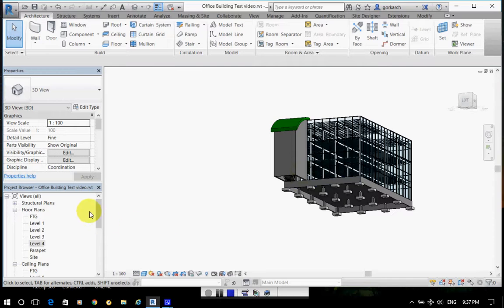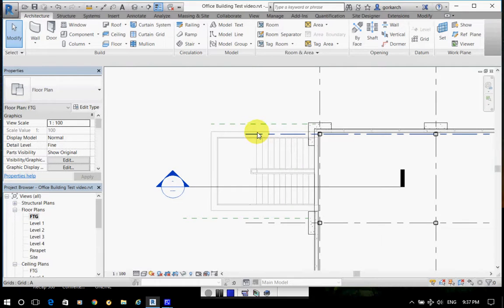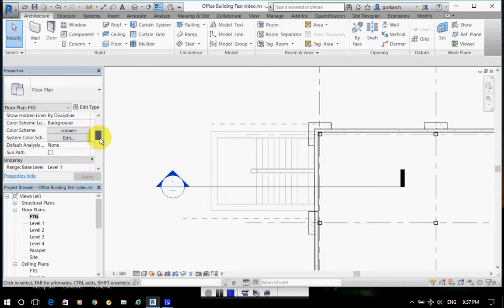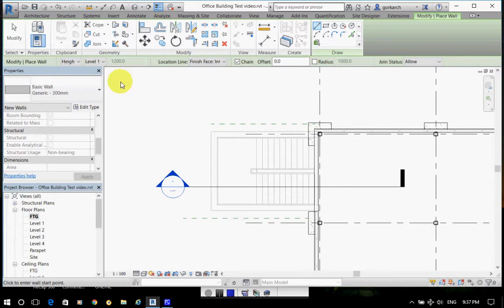We need a foundation wall here. So I'll go to the footing level. On that footing level, make sure that you have display of whatever is above your head. So if you can't see it, look for underlay and make sure that this underlay is displaying the level above. Here, underlay level 1. Go to select wall, and I'll use this parameter here, height from level 1, finish face interior